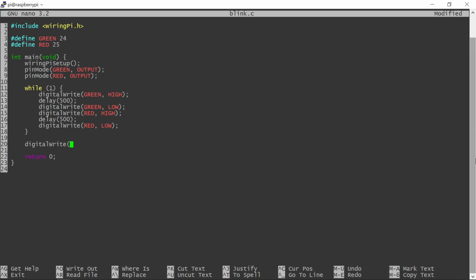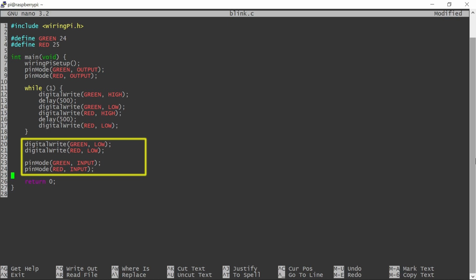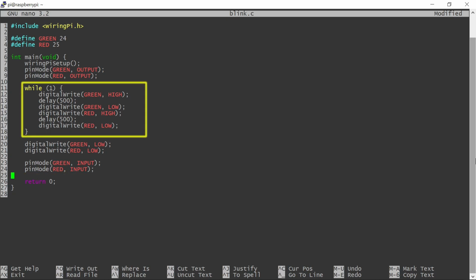Let's add the necessary code to the program to deactivate the pins used before the program ends. This in itself is not sufficient, as the program will actually never get there. The keyboard interrupt Ctrl+C signal ends the program immediately, somewhere in the middle of the infinite loop. Fortunately, the Ctrl+C signal can be trapped, and we have the ability to provide code to override the default abrupt